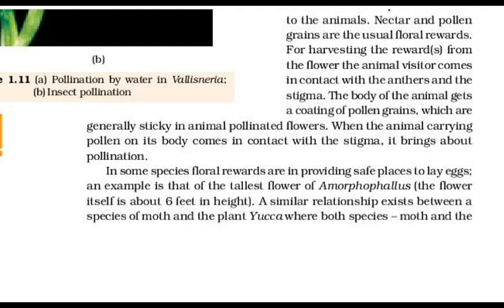Pollen grains coming in contact with the stigma is a chance factor in both wind and water pollination. To compensate for these uncertainties and associated loss of pollen grains, the flowers produce enormous amount of pollen when compared to the number of ovules available for pollination. Pollination by wind is more common amongst abiotic pollination.